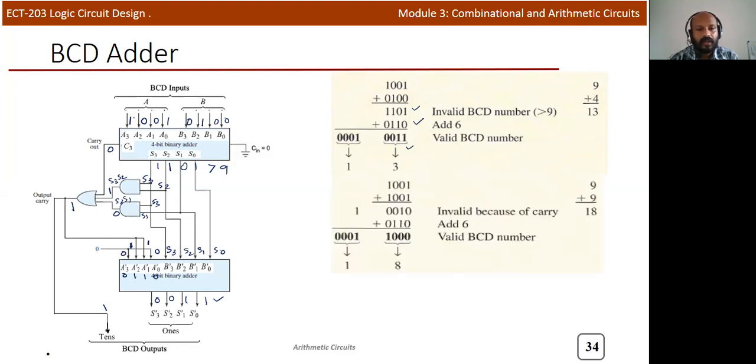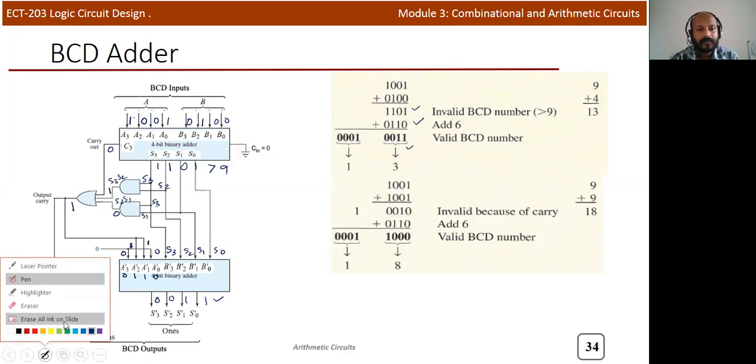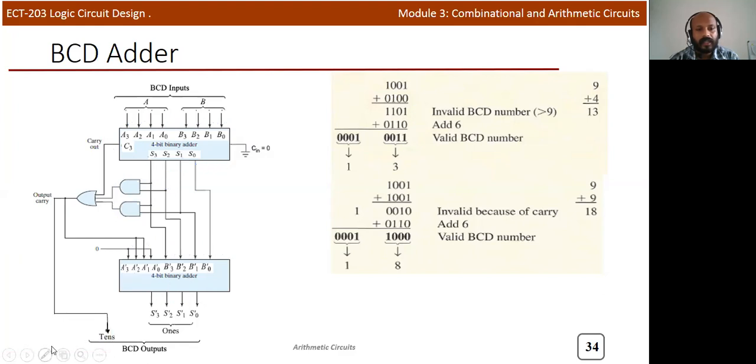In this particular case, the values are 9 plus 9. So here it is 1001, and here also 1001. After addition, your S3, S2, S1, S0 will be 0010. In this case, you can see that this output is 0 and this output is also 0. But there is a carry after adding.